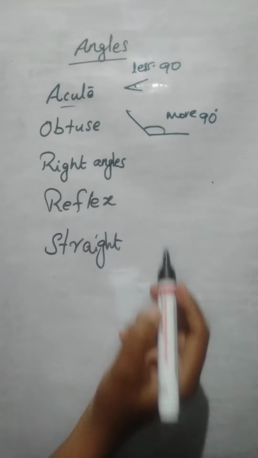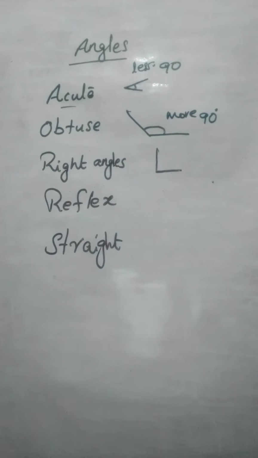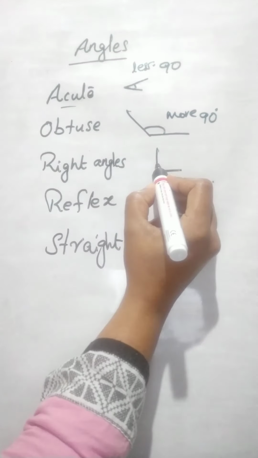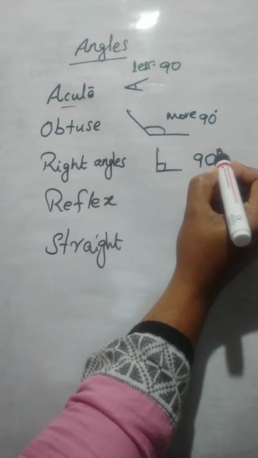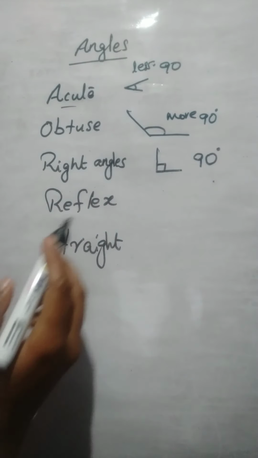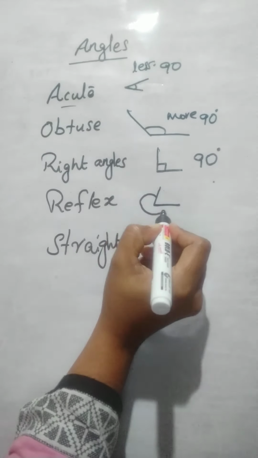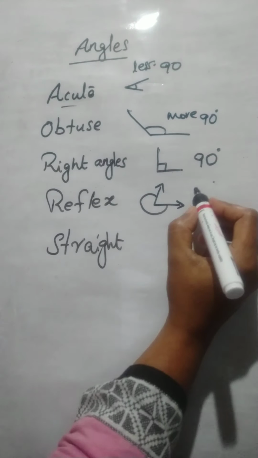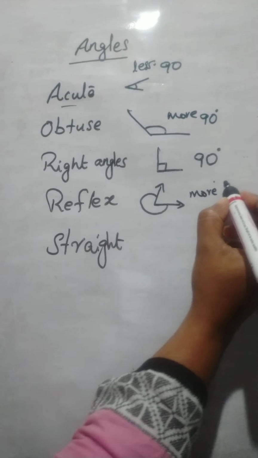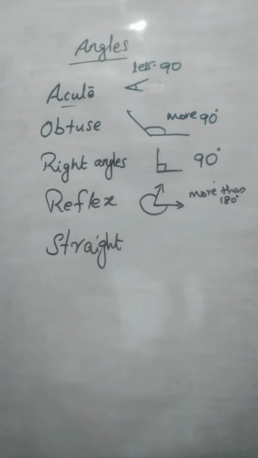Then right angles. This is a right angle. The measurement will be 90 degree. Next, reflex angle. This is known as reflex angle. These type of angles are more than 180 degree. Okay, then